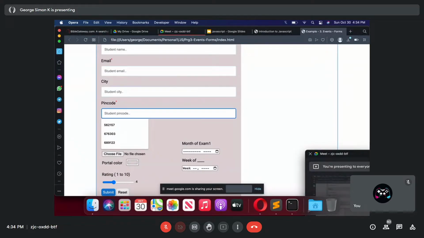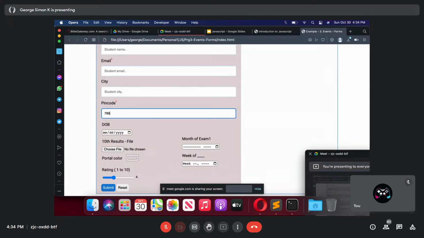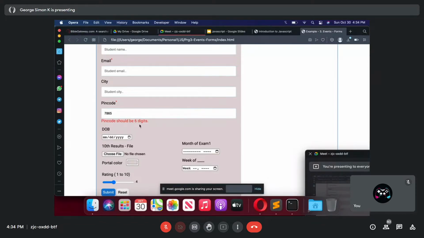I'm typing all the alphabet, it's not accepting it. I'm typing a number, it's accepting it. After 4, I moved my mouse. It immediately displayed an error.